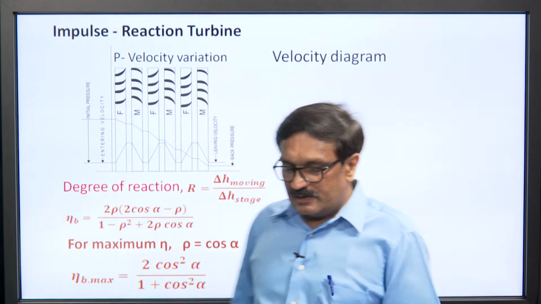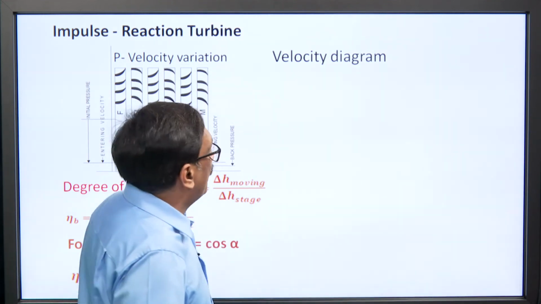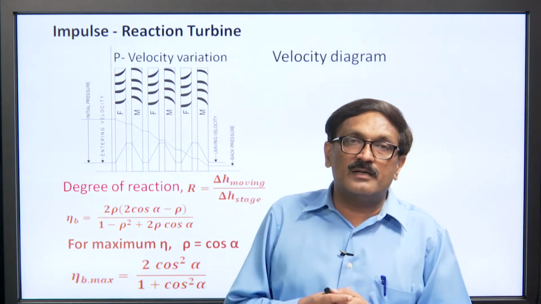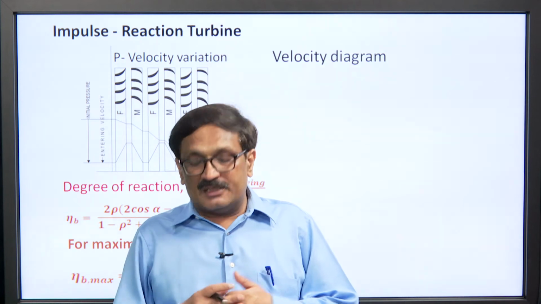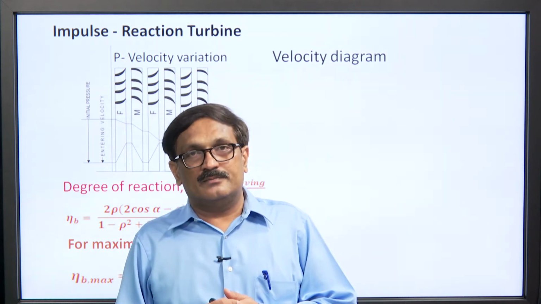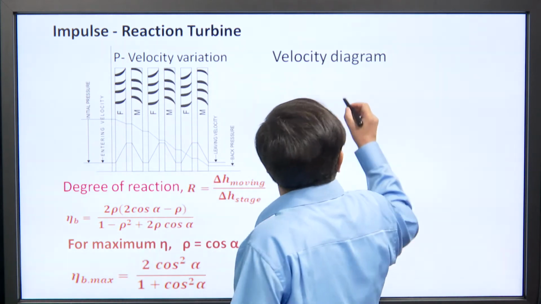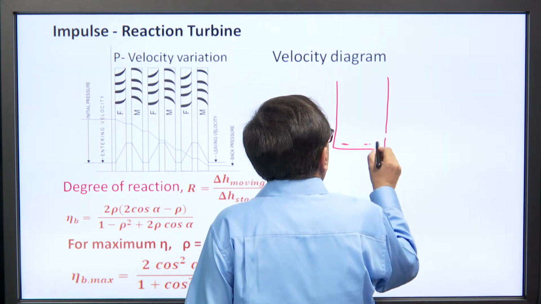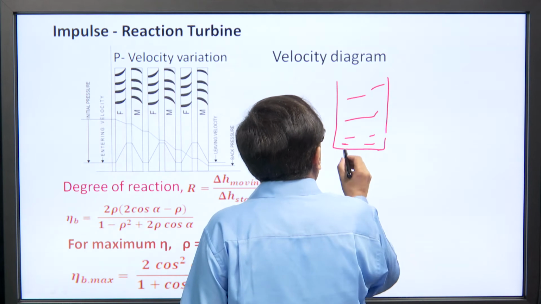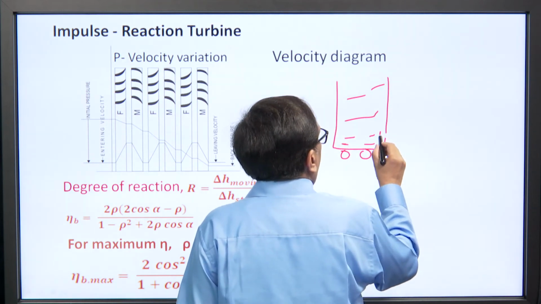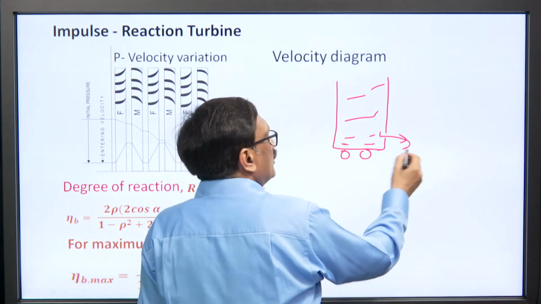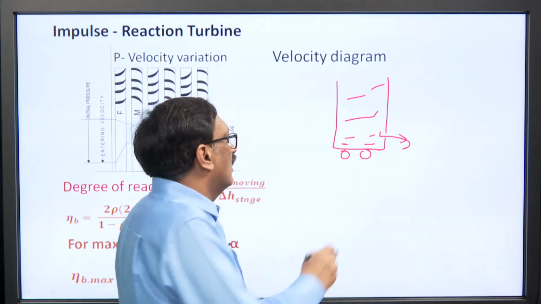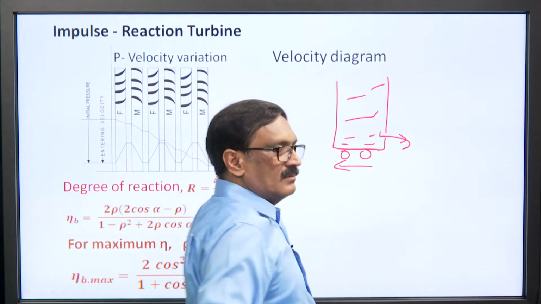Now, we come to the impulse reaction turbine. What is happening in the impulse reaction turbine? In the principle of the impulse turbine, force is generated due to the impulse. Here, force is going to be generated due to the reaction. What is the reaction? Suppose, as we have seen earlier, a tank is filled with water and a certain amount of water comes out from here. The issuing jet of water produces a certain amount of reaction, and the tank starts traveling in the opposite direction.